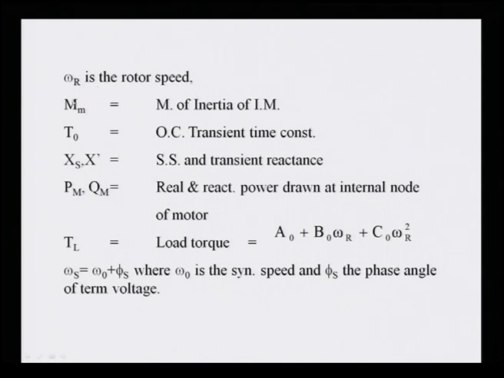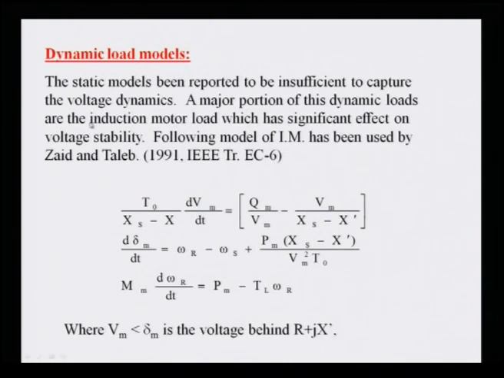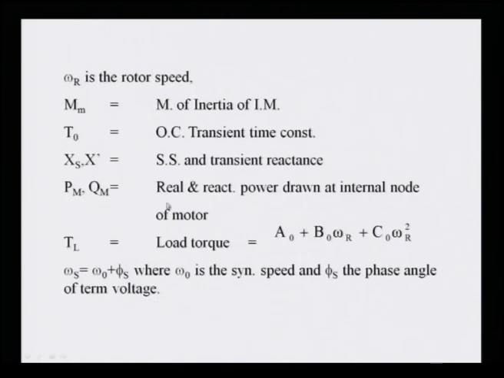So, all this terminology you can see was used here. This M is basically the inertia of the induction machine, the induction motor. T0' is the open circuit transient time constant. X and X' are the steady state and the transient reactance of the induction motor. This Pm and Qm are the real and reactive power drawn at the internal node of the motor, and TL is the load torque, and that can be written as A0 plus